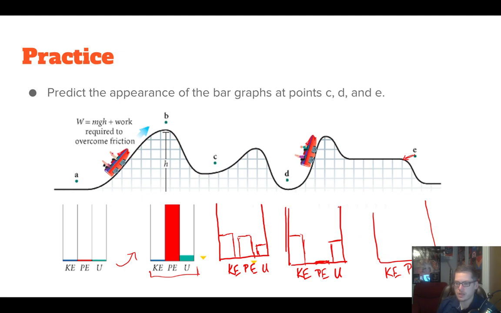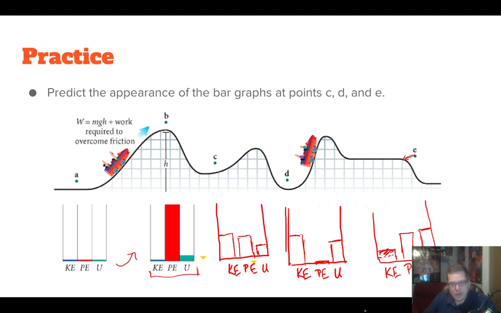The kinetic energy, we're not going to be moving too terribly fast, so it's going to be something like this. Our potential energy is going to have to be pretty high, a little higher than C's was, but not as high as B's. And then the internal energy would have to be even higher. So really, the kinetic energy would probably be even lower than what we drew it, and I know that because all three of those added together have to be equal in height. So that gives you an idea how your kinetic and your potential energy lose over time to